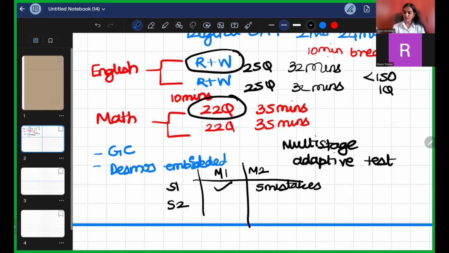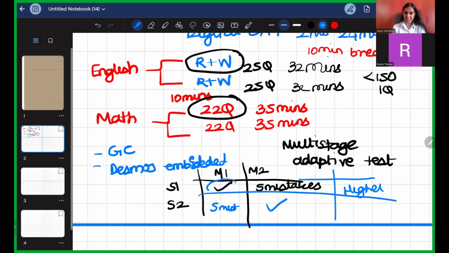Let's consider another scenario where in the first module, you got 5 mistakes, and in the second module, you did extremely well. You got everything right. In which of these scenarios are you likely to score higher? It is in scenario one, where you get a higher score,